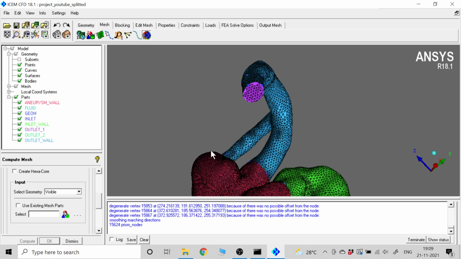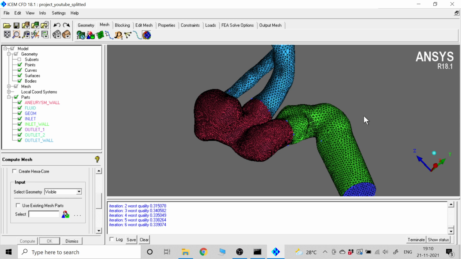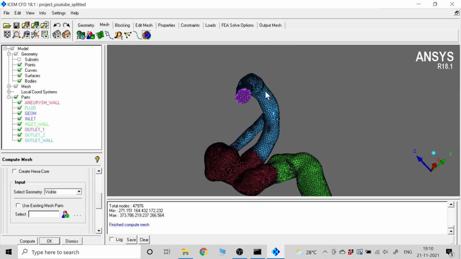That has basically happened because we have deleted one of the parts, and coincidentally that particular part actually included the curve on the outlet surface, and since the guiding curve is not there, we can see there are artifacts of meshing in this particular region. We have to recreate that curve one more time, and then we'll have to go for meshing one more time. So I think we'll terminate the meshing operation in between, and go for